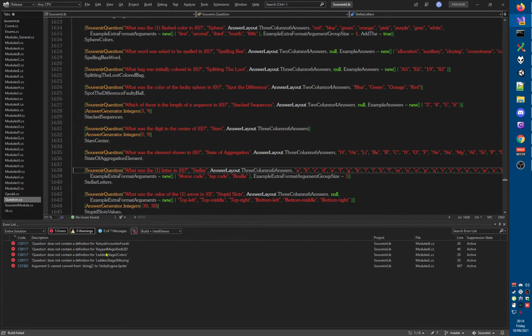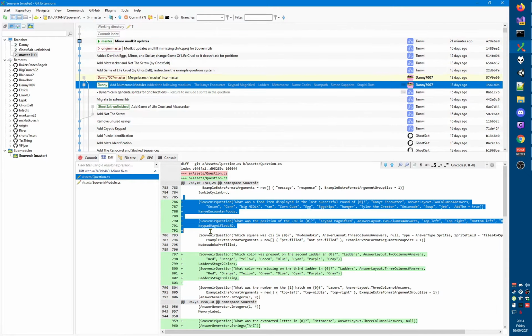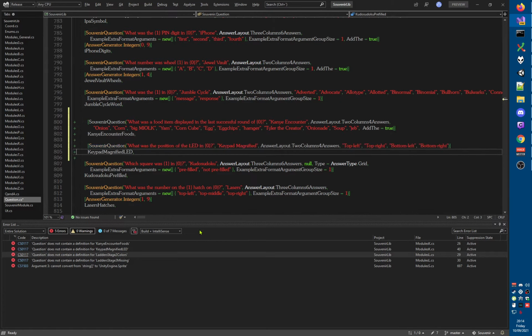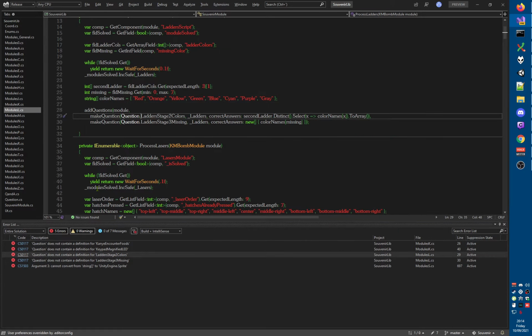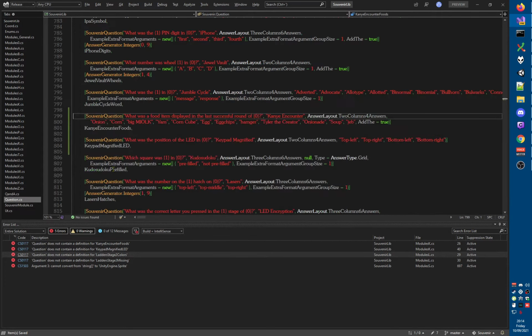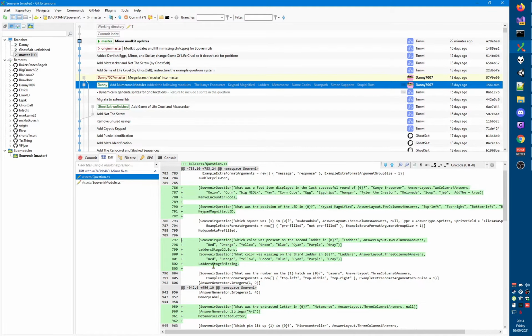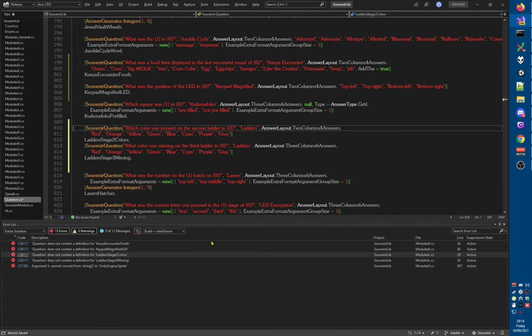So I messed up Kanye Encounter, Keypad Magnified, and Ladder. So let's put those back in from Danny's original change. Kanye Encounter and Keypad, this goes directly above Kudo Sudoku, so I'm going to put that here. Remove the plus signs from the diff, and we're good to go. And then these errors should disappear in time. Ladders, okay, there is an extra new line here, not sure why that is, but ladders is definitely one that's missing, so we're gonna need to go to here and find these questions. There you go, and we're gonna add these right here with the pluses removed. Delete that new line,